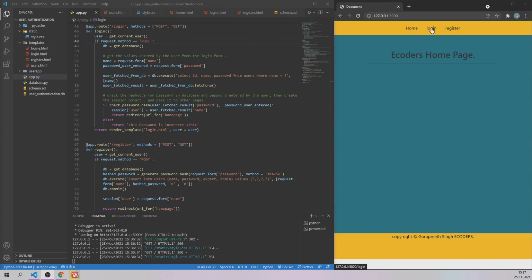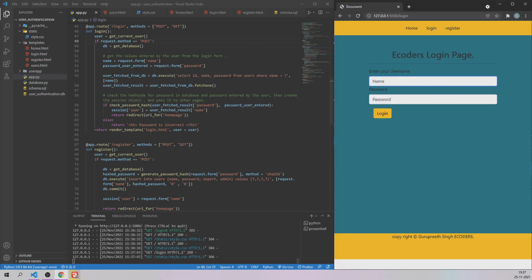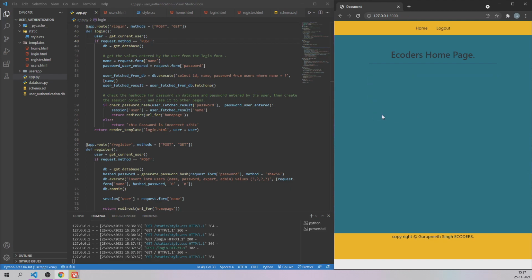See guys, if I just click on login right now and first of all let me just go and say John, and his password is 1234. So let me click on login. Okay, and as I'm saying, he's not getting that user page, from where he can make the normal user the expert users or admin page.